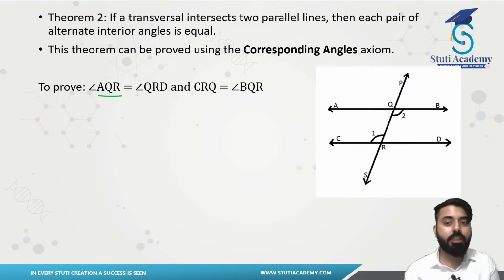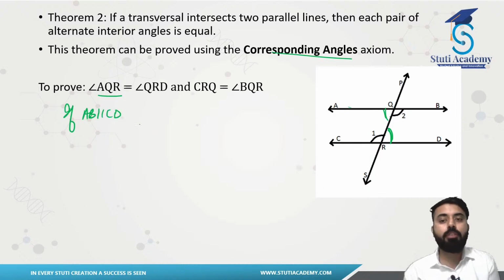That means angle AQR, which should be this one. Angle QRD, that will be this one. And angle CRQ, which is this one. And angle BQR, which is this one. Now you see, we will be using the corresponding angles axiom, which is quite simpler. So if AB is parallel to CD, and let's just write it completely: if AB is parallel to CD and we have PQ, which is a transversal, so you see,